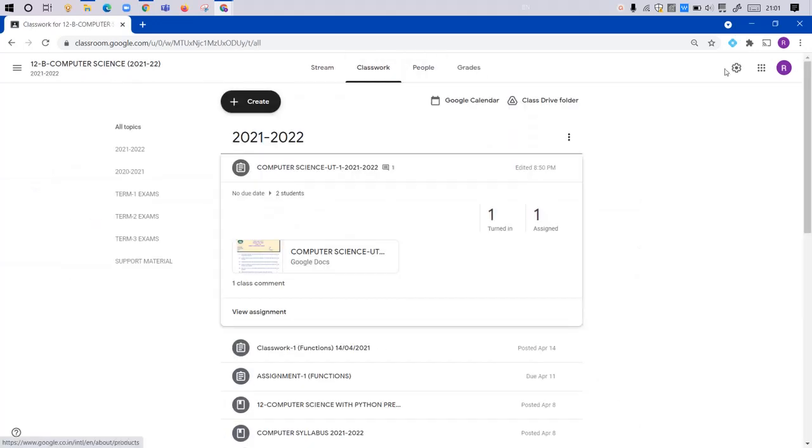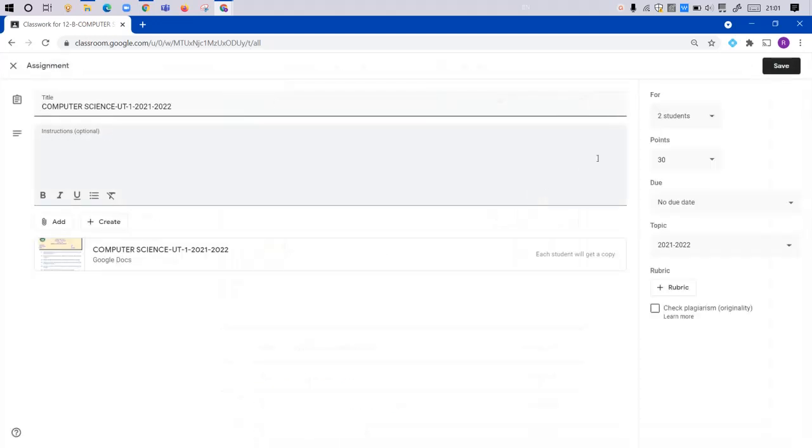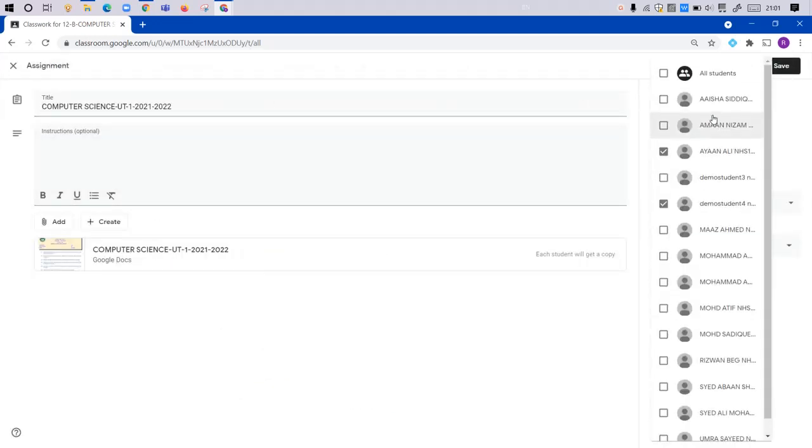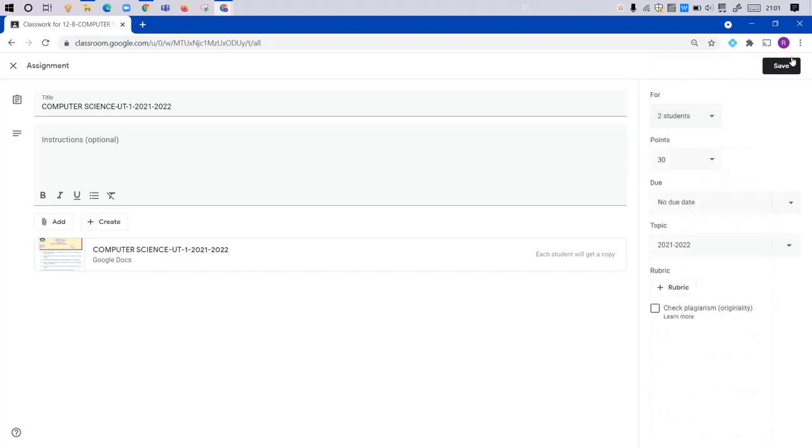And to check the next paper, go to your classwork, edit the assignment that you have given, the test that you have given, go to the for section. I'll remove the tick mark from this student and select another student for checking the paper. So click on save button.